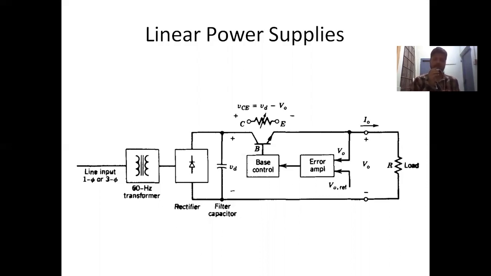So what those power supplies consisted of were, you had an AC input, typically 230 volt 50 hertz AC, and that AC was stepped down using a transformer. A 230 by 18 volt transformer was used to step down the AC voltage. That transformer output was then rectified using a full wave diode rectifier. And then there was a capacitor to smoothen out the ripple in the